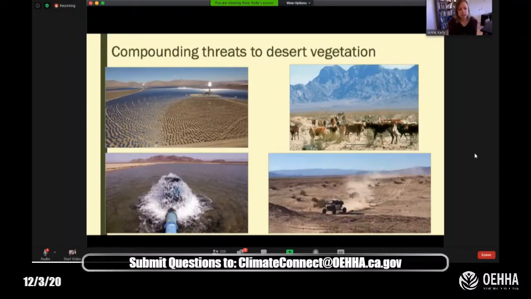Also, increasing dispersed OHV recreation, like grazing and blading does, directly damages intact habitat and introduces non-native species and destroys protective soil crusts. Grazing alters ecosystem structure and can also increase the amount of invasive grasses present on a landscape. Then dust generated from all of these activities is shown to diminish native plant growth for hundreds of yards from the disturbed ground. The dust generated could ultimately alter the Rocky Mountain snowpack by darkening it.